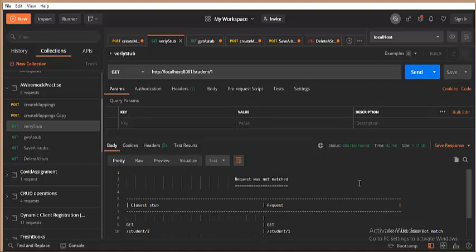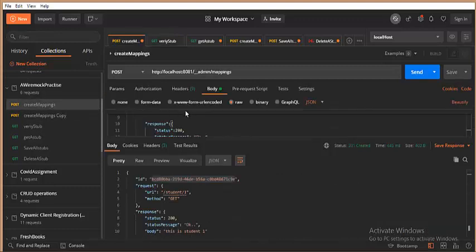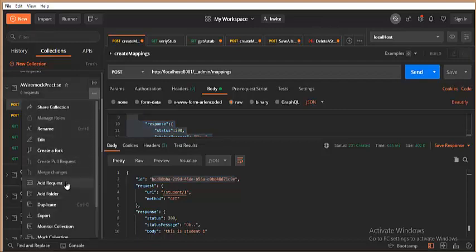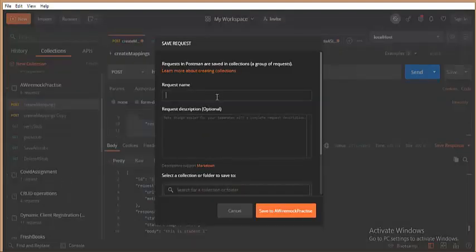Now I'm going to create another, identical stub, but I'm not considering whether the number that comes is 1, 2 or not. So I'm not looking for an exact match. As long as the partial match of my context URL is satisfied, I'm going to give a generic response. Let us see how to do that. I'll use this particular request, create another request, and name it create a stub regex, using regex, so that it has a meaningful name.